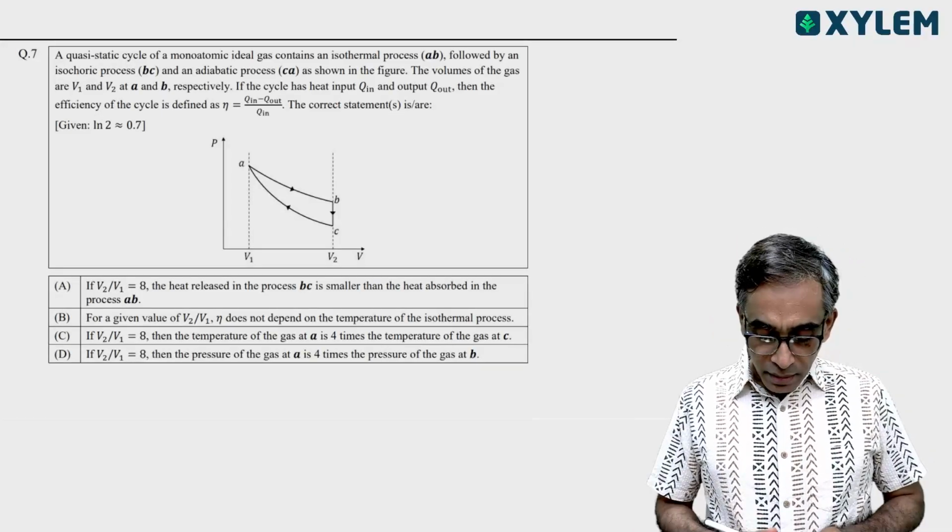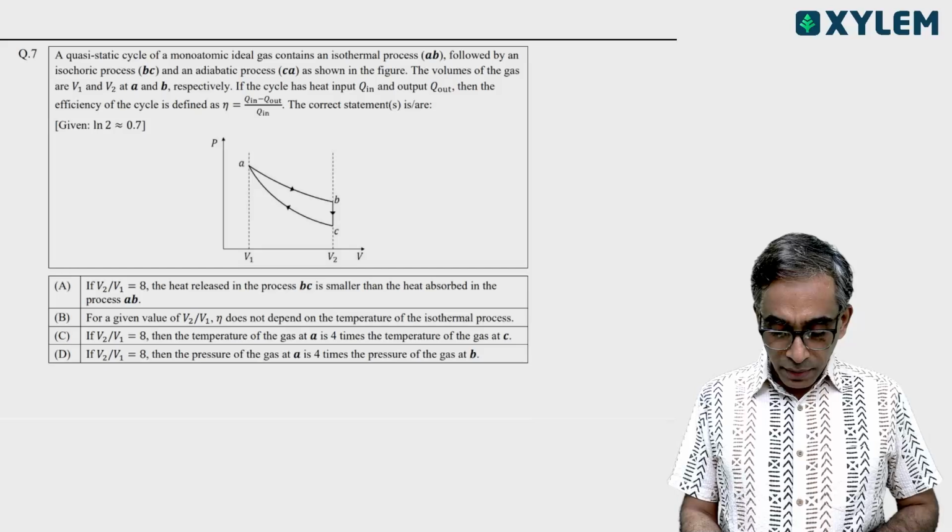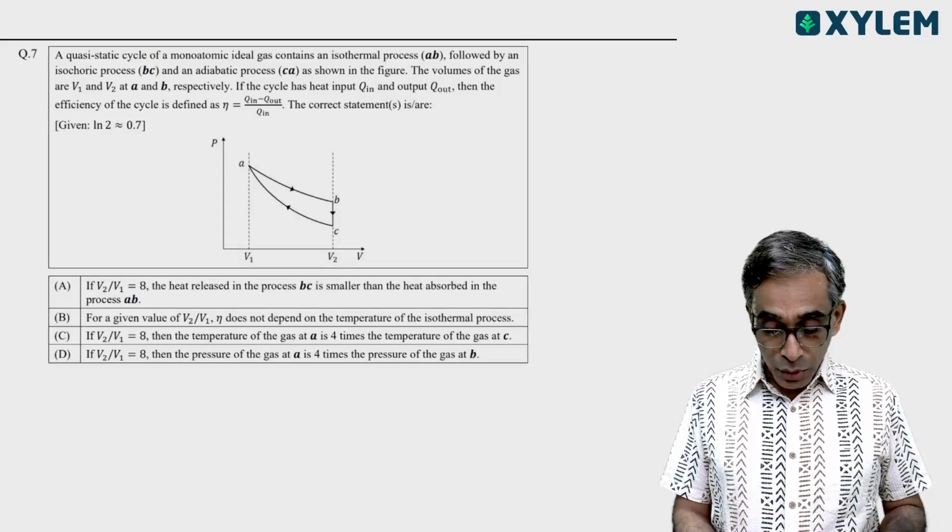Fine. Now the options. If you look at the options, everywhere they have given you a ratio V2 by V1